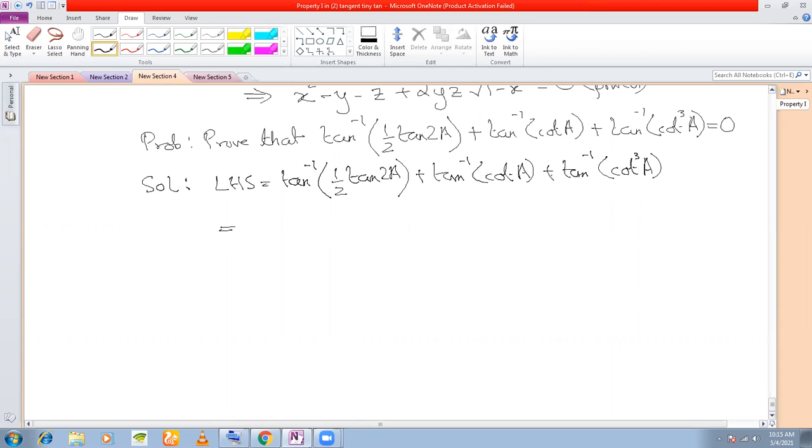There's tan 2A, cot A, you cannot see any relation. But what you can observe later on is that if you combine these two,